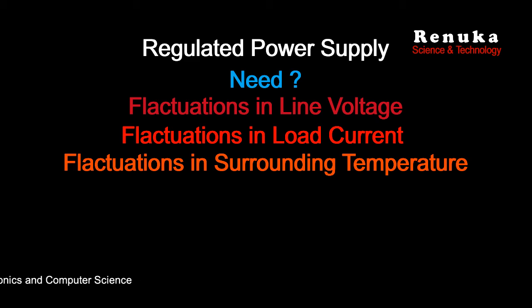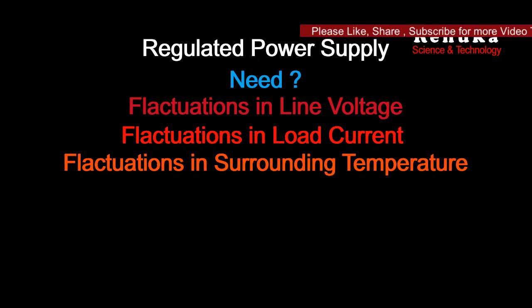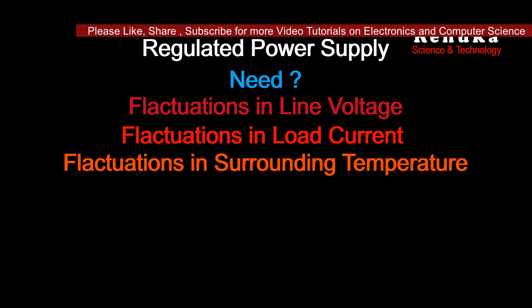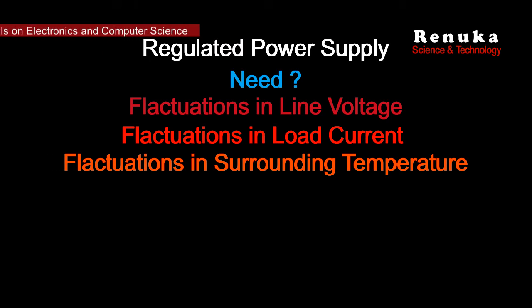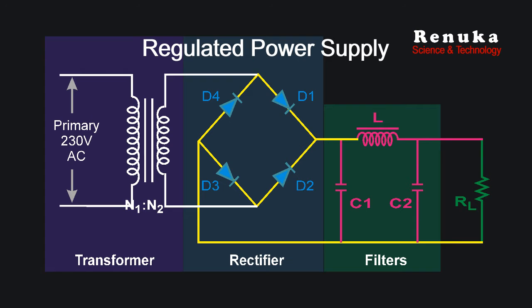And as we know, digital circuits work on binary voltage levels, that means they require plus 5 volt constant and 0 volt constant. If these binary levels change, then the 0 will be considered as 1 and 1 will be considered as 0. So that will create fluctuation in the output of any digital circuit. So digital circuits require a constant DC voltage and regulated voltage. For this we need a regulated power supply.